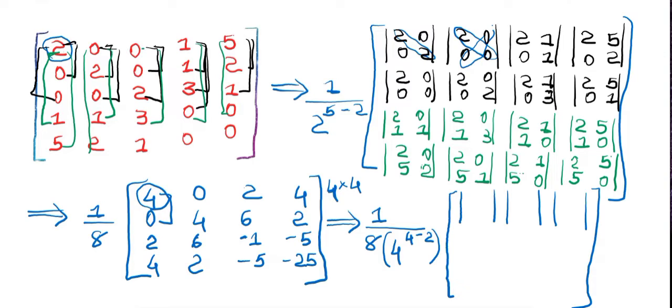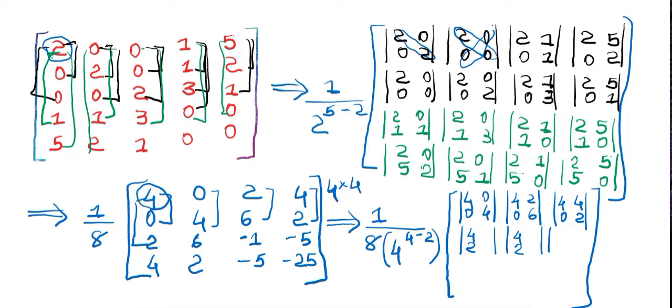So again we'll write the elements of the first and the second row. That will be the first column of all our determinants, and for the second column it will be 0, 4, 2, 6, 4, 2. Then for the next it will be first row and third row, which is 4, 2, 4, 2 and 4, 2. Then for the second column it will be 0, 6, 2 minus 1, 4 minus 5,